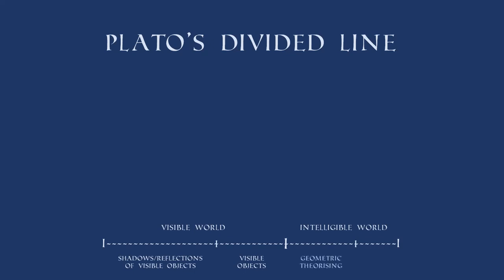Now what then happens is he goes over to look at the intelligible side, and he associates this first part, the larger part of this part of the line, with mathematics and geometric theorizing. He sort of associates it with the previous one. He says that this is thinking and theorizing about objects that are in this area here. But it's about thought process, this particular part. Whereas the fourth one, which is described as noesis, could be described as the direct apprehension of knowledge itself. So it's not so much about thought process, it's about the immediate knowing rather than going through theorizing.